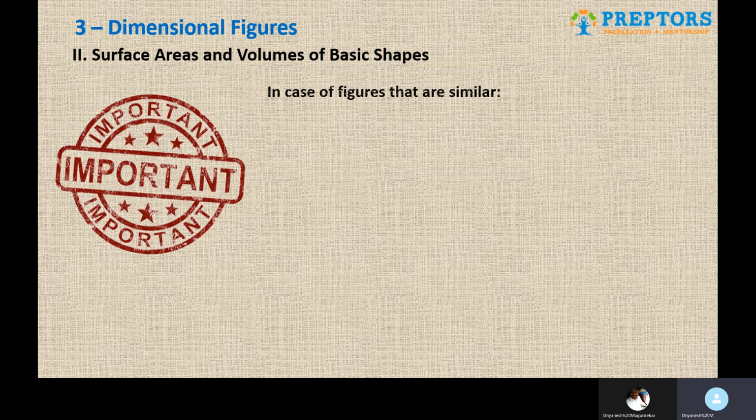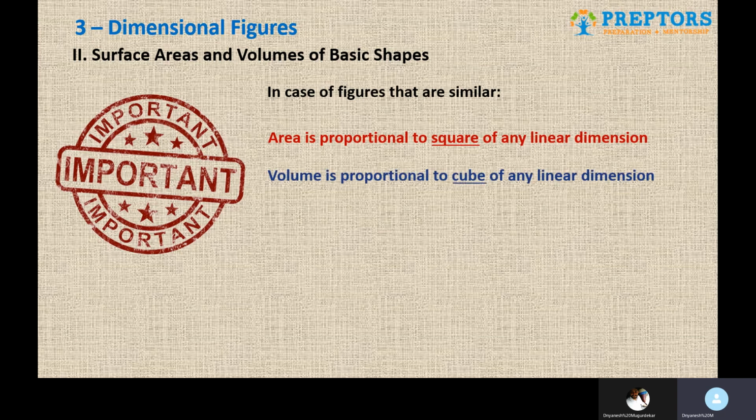Okay, one last relationship. If you remember, in the case of figures that are similar, areas are always proportional to the square of the linear dimension. We did this property in grade 10 after doing similarity, that the ratio of areas is the ratio of the squares of the sides. The same property applies here. But in 2D figures we consider area. In 3D figures we consider volume, and volume will be proportional to the cube of the linear dimension. So again, using all of this, you will need to prove that the figures are similar. If they are similar, this is something that you can use very blindly and as a simple approach to simplify some of the complicated questions.